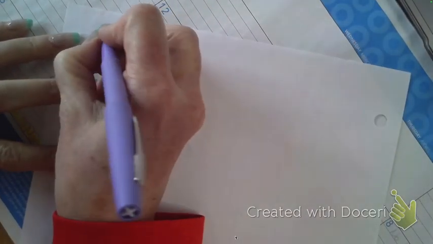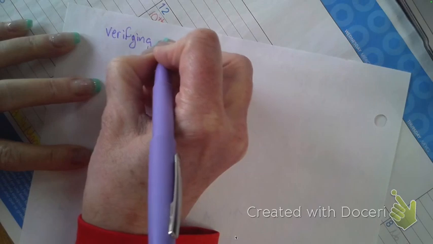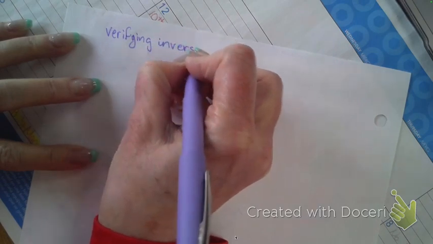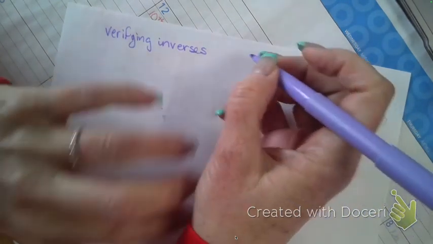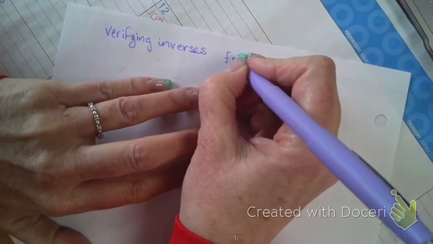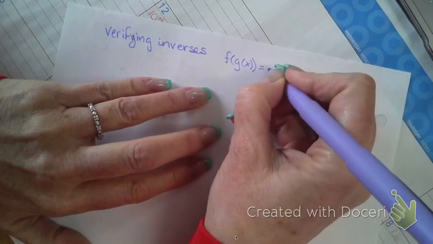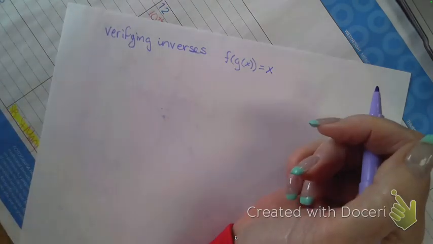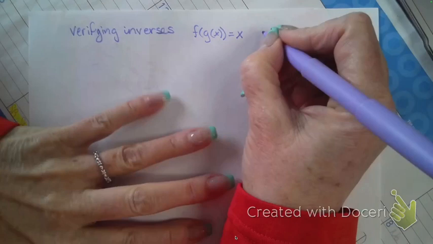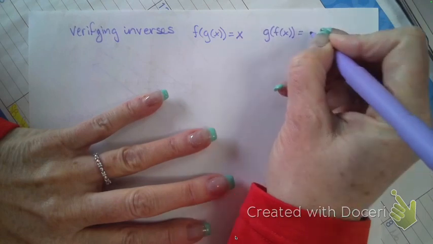Okay, 5.6, this is day 2. We are verifying inverses. Okay, we are going to do that by doing f of g of x, and your answer has to be x. Okay, when you're done with f of g of x, the answer is x. And then we are going to do g of f of x, and your answer has to be